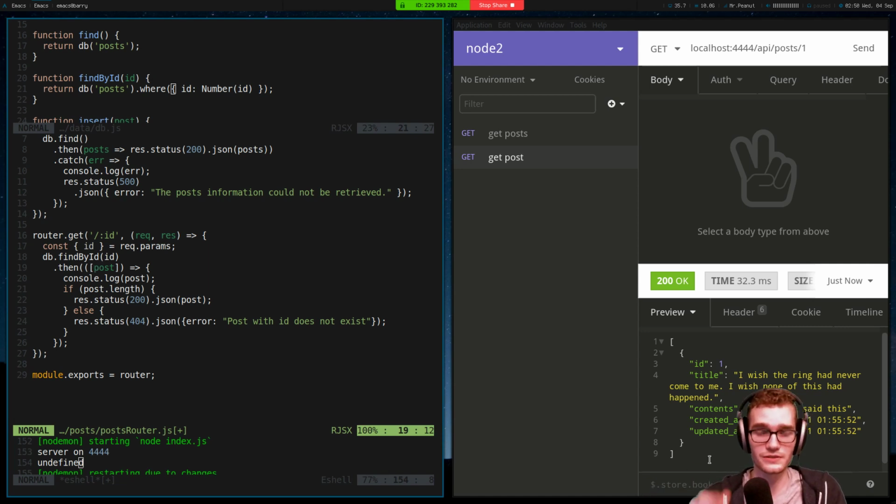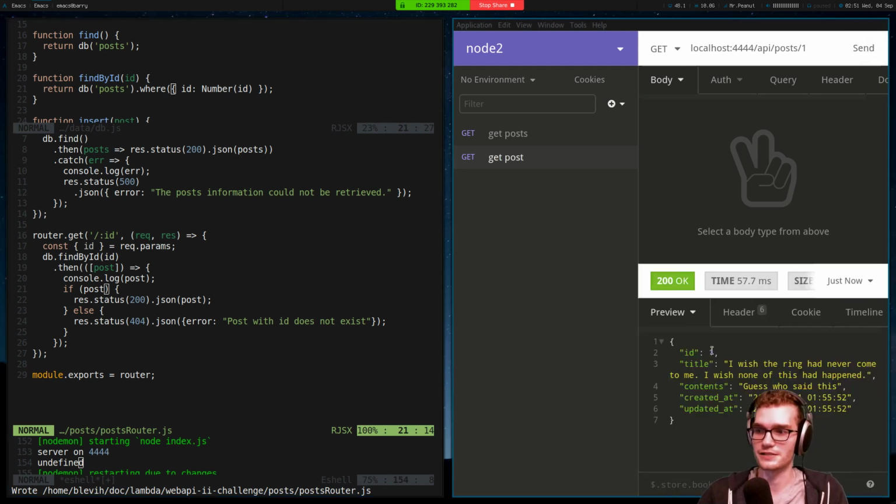We can also do it with destructuring, which is my preference here, because we know that the argument being supplied here is an array, so I want to get the first element out of that array and store it in my post variable. Now I don't need to check the length, because if the post was in the array, it's going to be equal to that object, which is a truthy value. If the array was empty, then post is going to be undefined, because there is no first element to destructure from that array. So now my if statement works in the way that I expect it to,